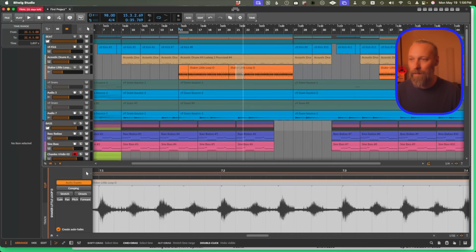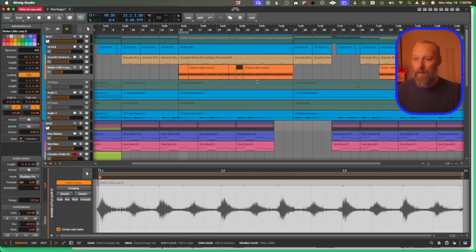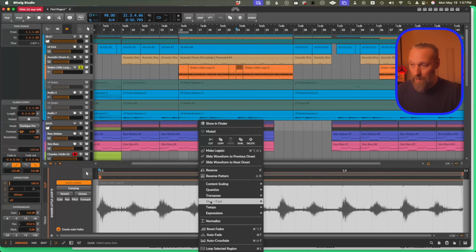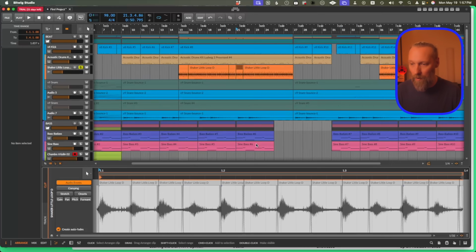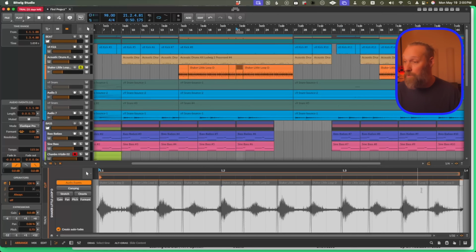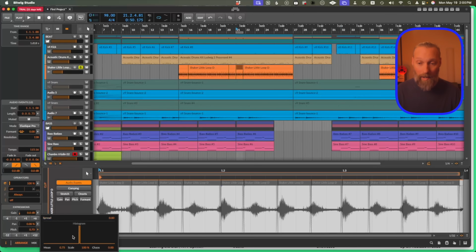I'll show you. So, for instance, this shaker. Let's grab one bar, just simple, straight shaker. First thing I'm gonna do is cut this shaker. Slice in place. I'm gonna use the onsets, which are these markers. Great for now, but I can also just use the beat grid or beat markers if I have them. Okay, for instance, I can just select all these clips and I can now